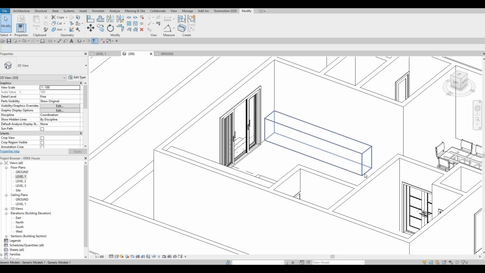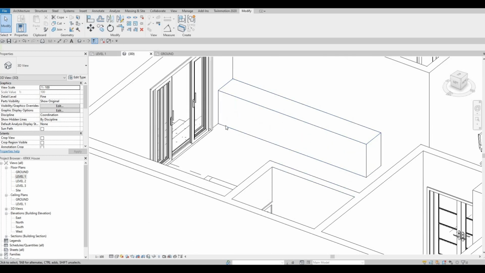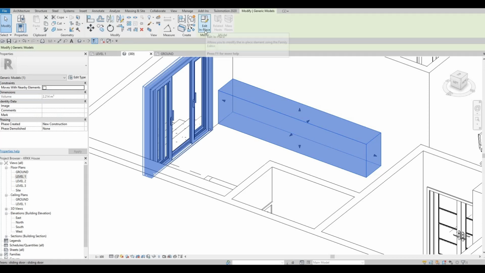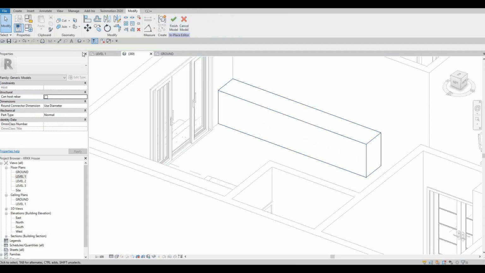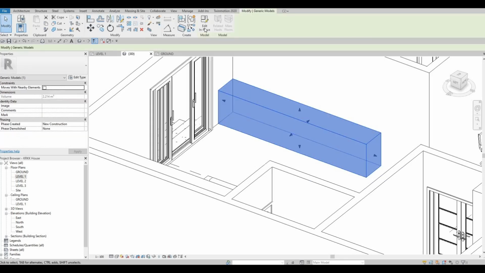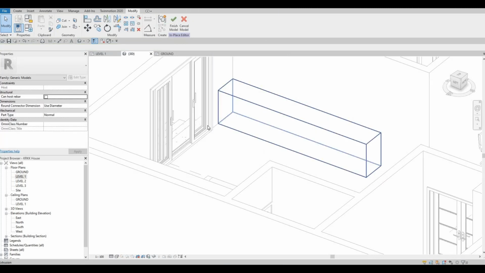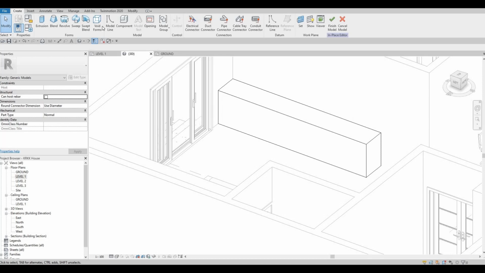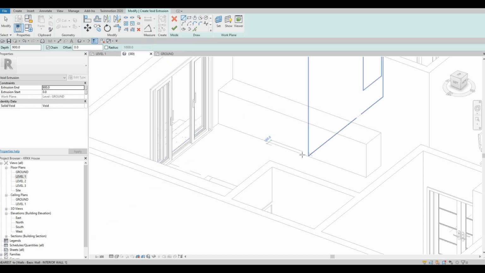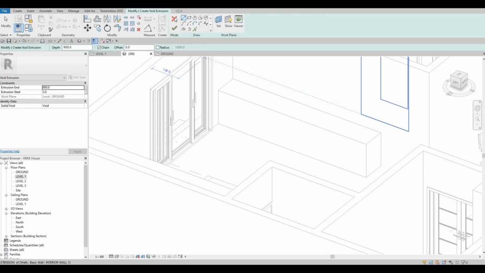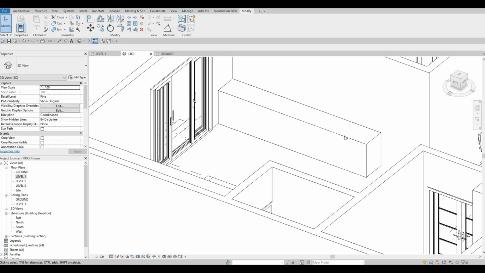So now what I'm gonna do is clean up. I'm going to click on edit in place, and then we're going to have a kickboard or kick plate right here. So now go back to create, and then we're going to add a void extrusion. Or instead of void extrusion, I think it's better if we just